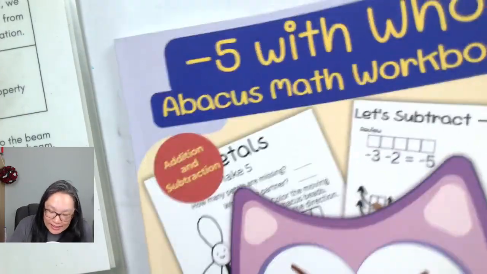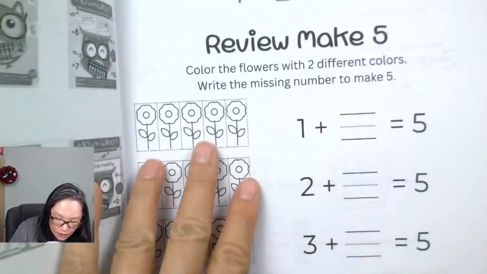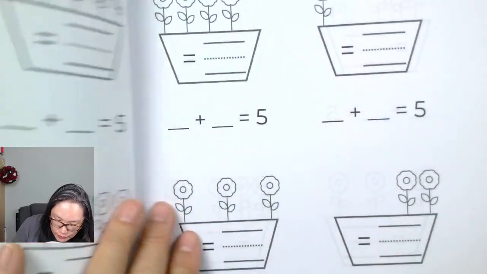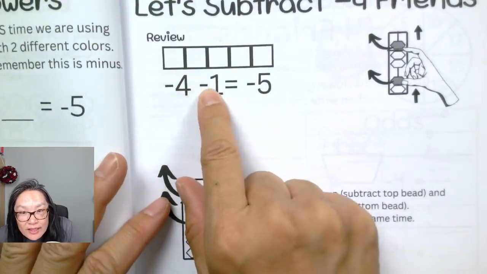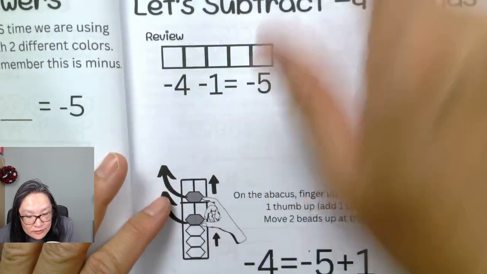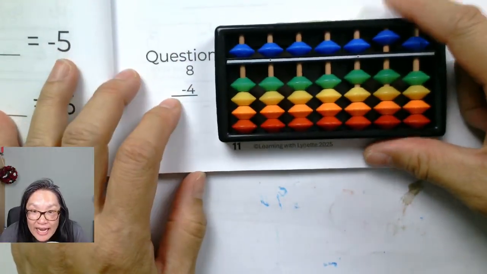Minus the 5. We're going to go subtracting now. So remember, we're going to review. We review that 1 and 4 is a pair. So as we go through, minus 4 minus 1 equals minus 5. Why are we going to do that? Because here is my question: 8